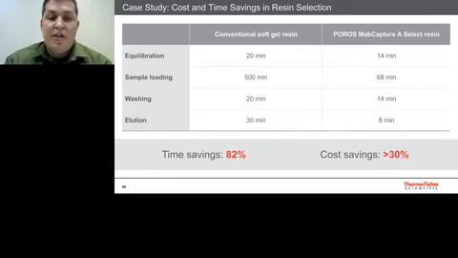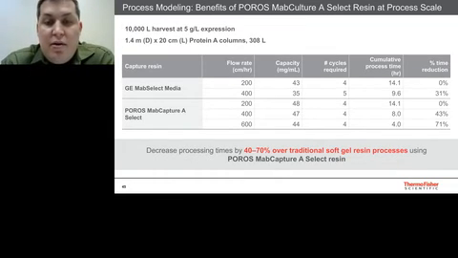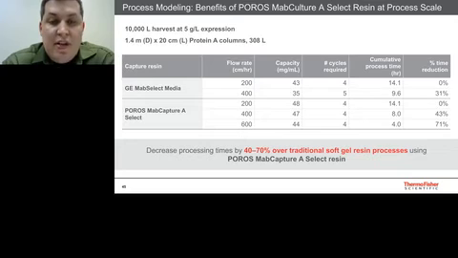Similar results could be seen on the bioprocess scale. While we don't have a case study, we have modeled a monoclonal purification using MabCapture A Select and MabSelect on the bioprocess scale. In this model, the total feedstock would be 10,000 liters at a concentration of 5 mg per mL on a 308-liter column. If we look at 3 different flow rates, 200, 400, and 600 centimeters per hour,